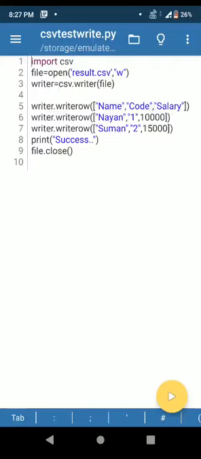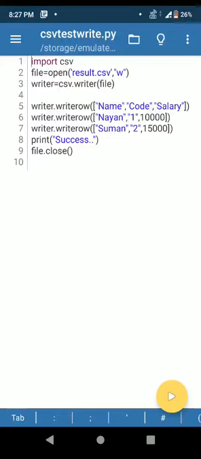So in our first program, we have imported CSV module. See line number 1, import csv. Then, as you have seen it earlier, we have used a function open to create result.csv file. You can name your file with any name.